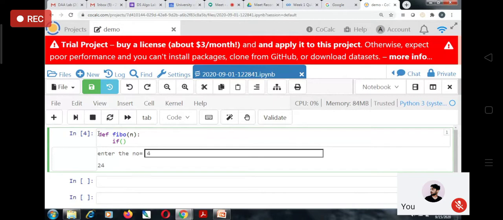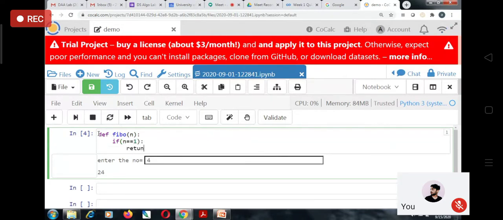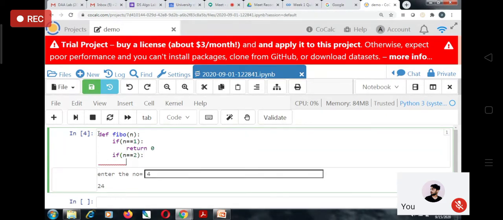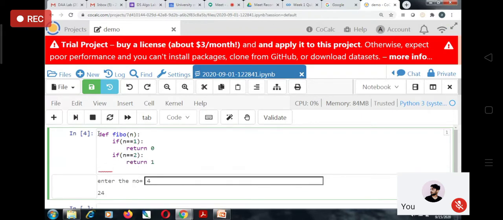So whenever n is equal to 1, it should return 0, right? Because the first term is always 0. And if n is equal to 2, then it should return 1 because the second term is always 1.